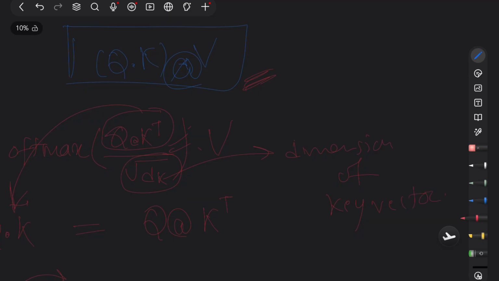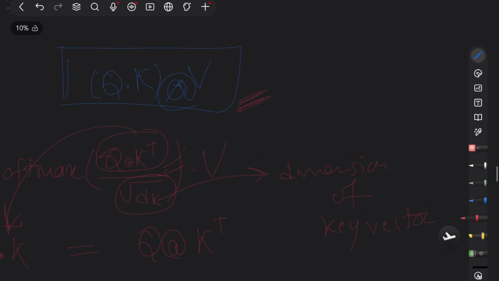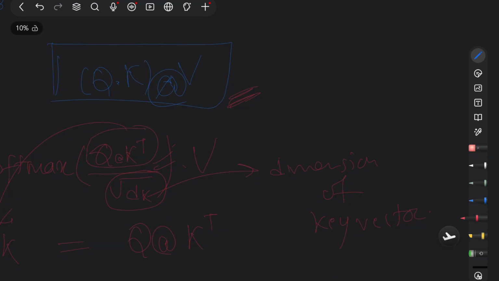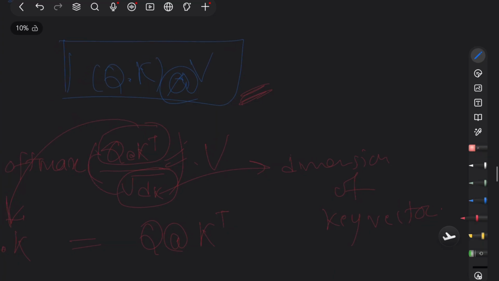It is the dimension of the key vector, and we divide by it because, to understand it, we need to understand what is happening above this. We are multiplying. If we multiply two vectors, there are a number of values, right? For example, there are 768 dimensions in each vector. We are multiplying